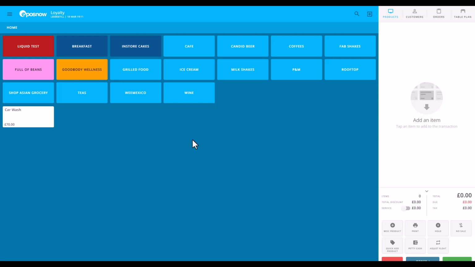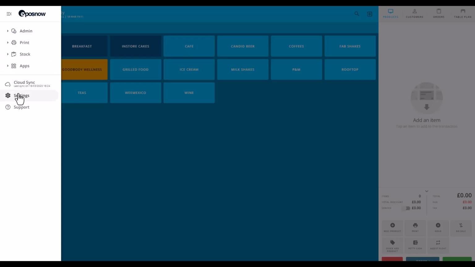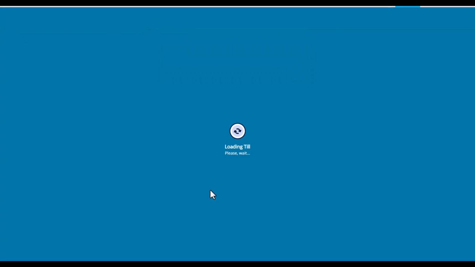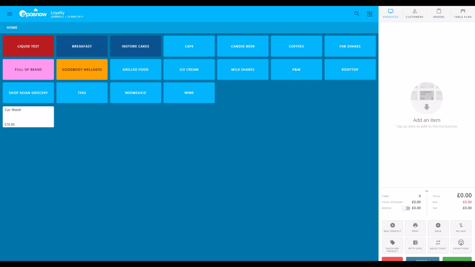So here it goes. First of all, we go to the Hamburger menu or the 3-bar menu at the top left-hand side of the screen. We go to Settings and we'll go to Additional. And then we'll choose to toggle on LoyaltyDog and go back to the till, and the LoyaltyDog icon will be there